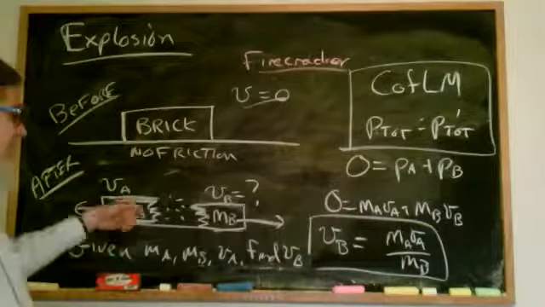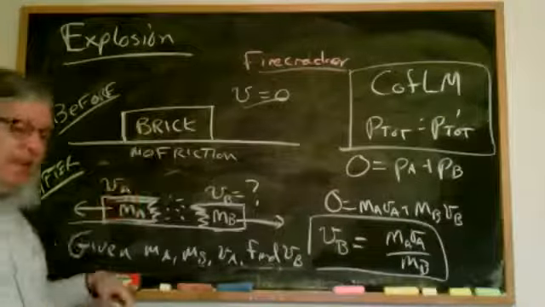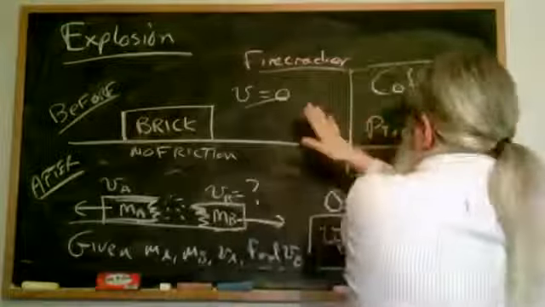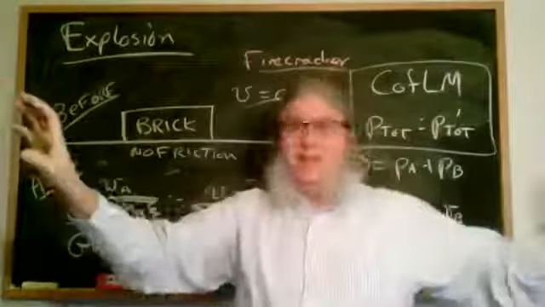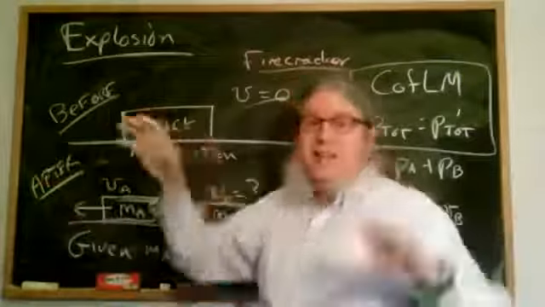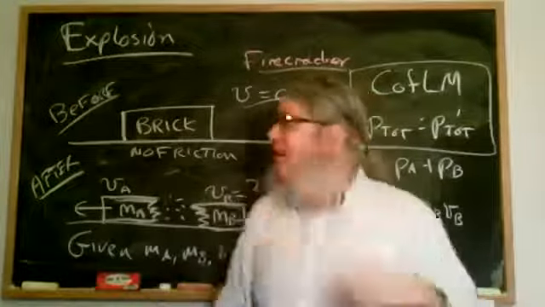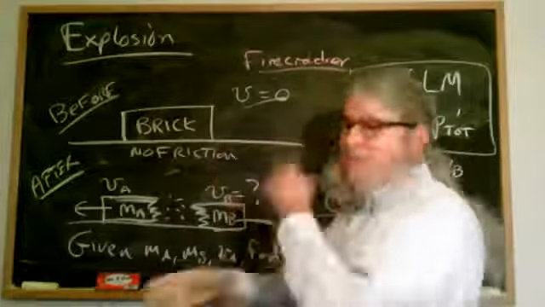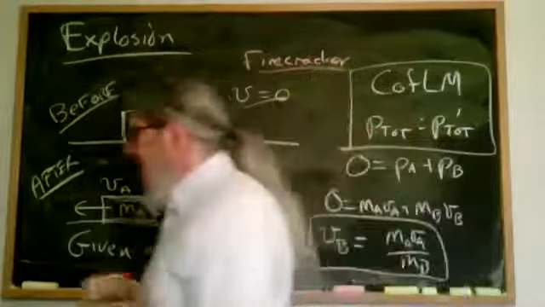So running this movie backwards is the same as a totally inelastic collision. All that means is that I've taken before and after, and I've switched them. So an explosion, any explosion, is essentially the functional equivalent of a totally inelastic collision with the movie running backwards. So you can use the same equation. Time doesn't matter, so either side of the equal sign is fine. Okay.